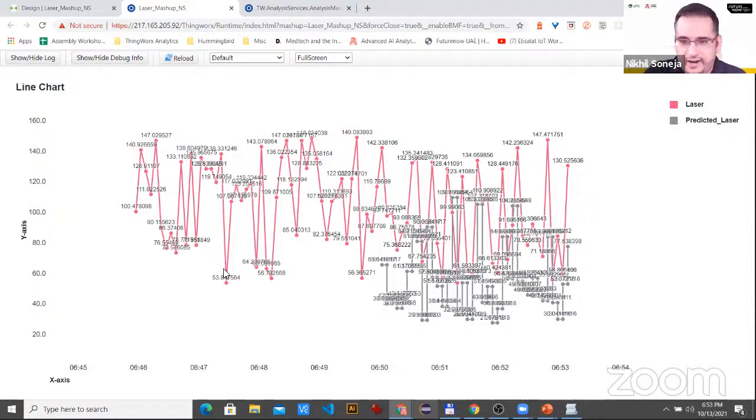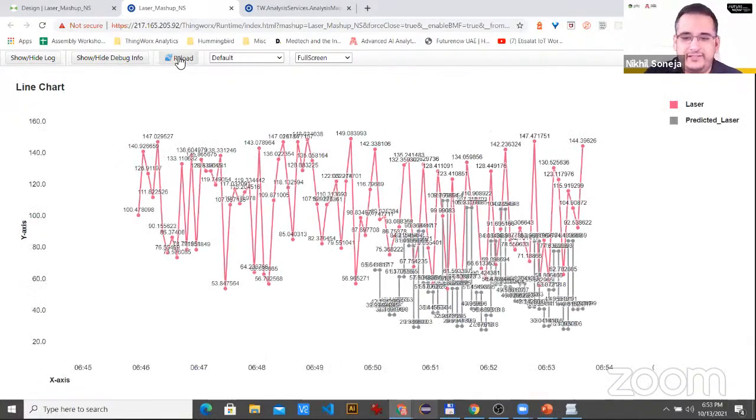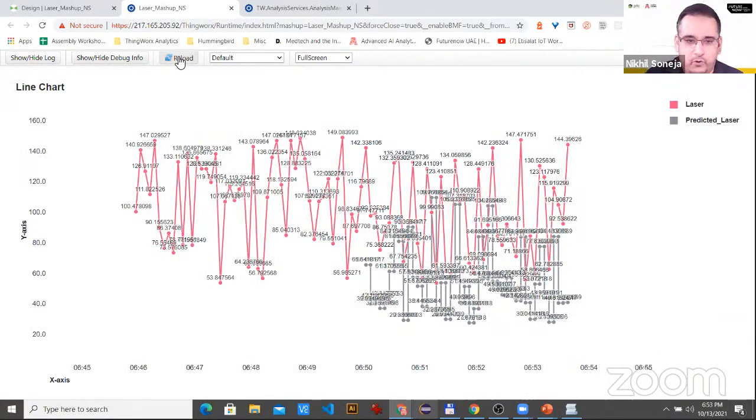You can set up a refresh here so that it automatically refreshes every time new data comes in. You can set up refresh according to the events. So this is getting data. Remember, predicted laser is coming from a prediction analysis event. So this is how we were able to operationalize our model. The main key is that you can see the values, and you can see it's still extending more as the analysis event runs.